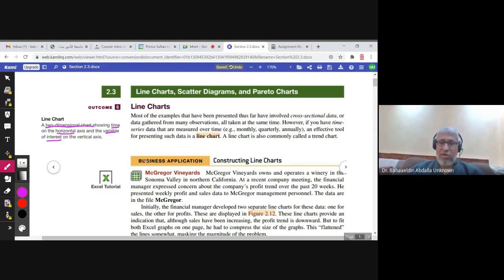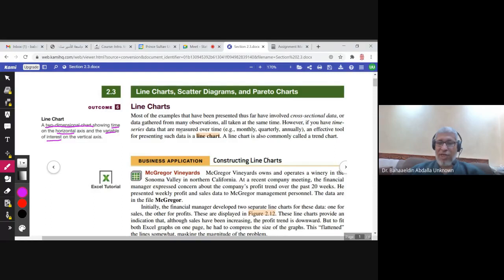So we usually have time as the first variable and some other variable. For example, sales changes with time, or the number of students in the university changes each year. Okay, for anything that changes in time, actually,